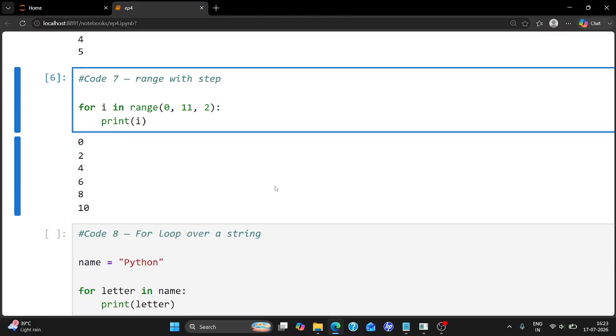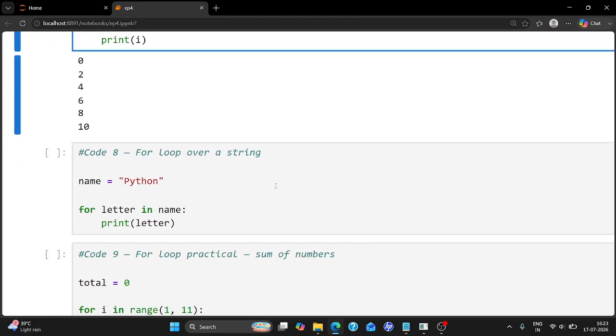Now we come over to the next, for loop over a string. Basically we want to go through each item in a collection one by one. So basically we will go through each item one by one. For letter in name, the letter will be like,